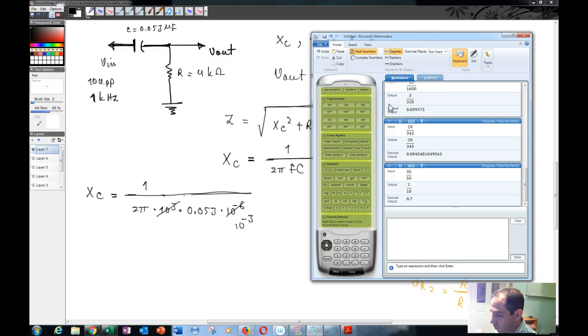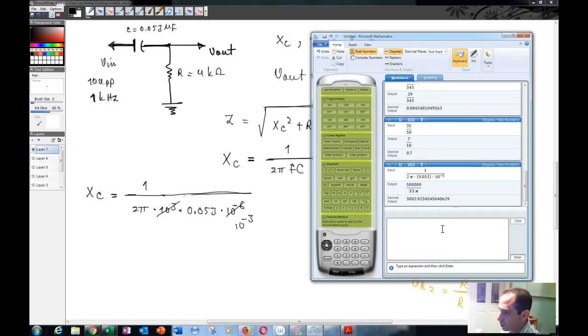So it's equal to 1 over 2 pi times 0.053 into 10 times 10 raised to the power negative 3, which is equal to 3002.9. Okay, so you can do it this way,